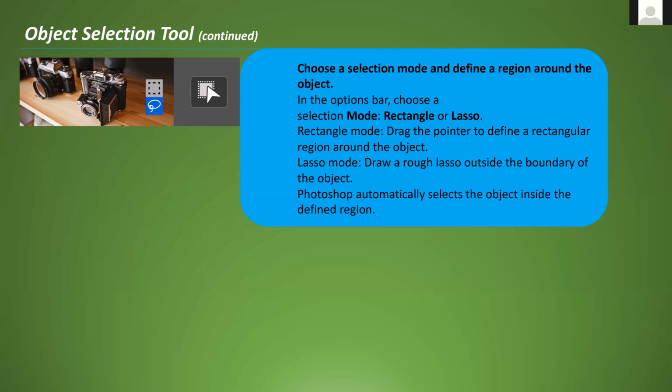So if anyone has the latest version of Photoshop, that is 2019 and above, there are more tools added, like the object selection tool. And there is something called the subject tool. What it does is, for instance, if you want to select this particular lens without selecting the background, you just click this lasso tool and draw around this. And it automatically selects only the lens. So these are in the latest versions of Photoshop. I have 2018, so that is the reason I was not able to show this.